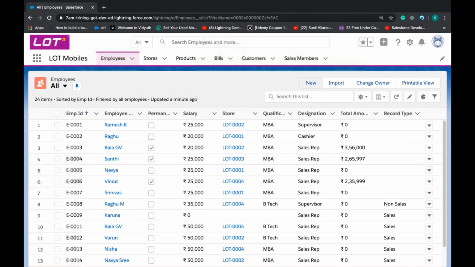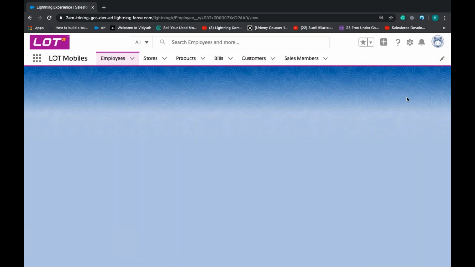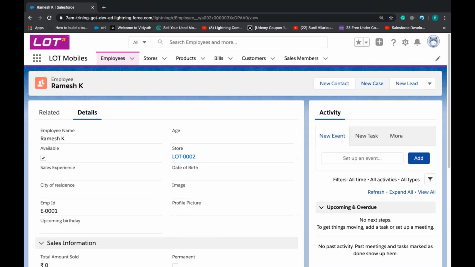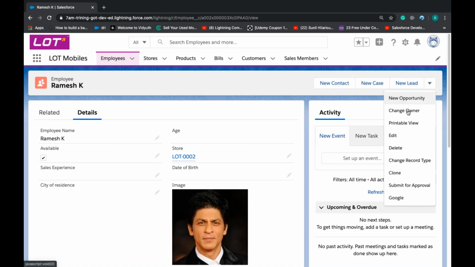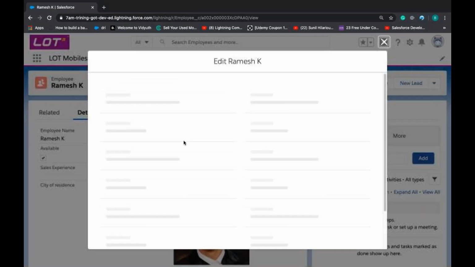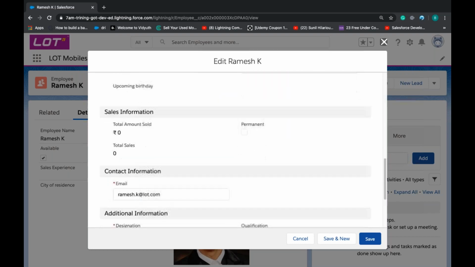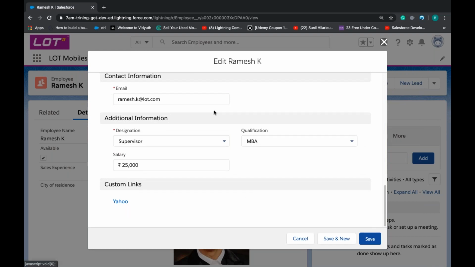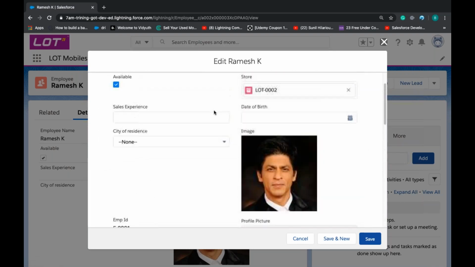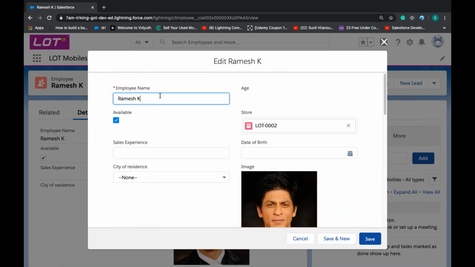But when a user clicks on an existing record and clicks edit, one version loads from the database, the existing data. So we call it the old version. And when user changes it, something like this, this will be the new version.